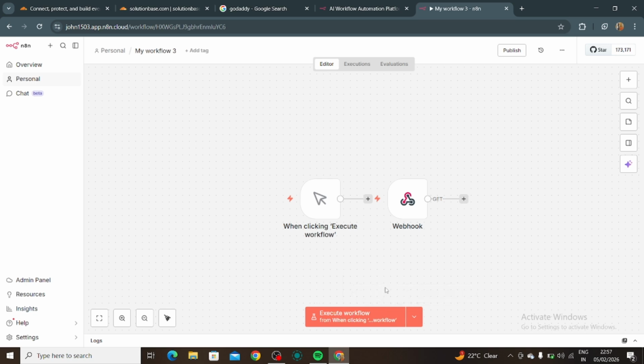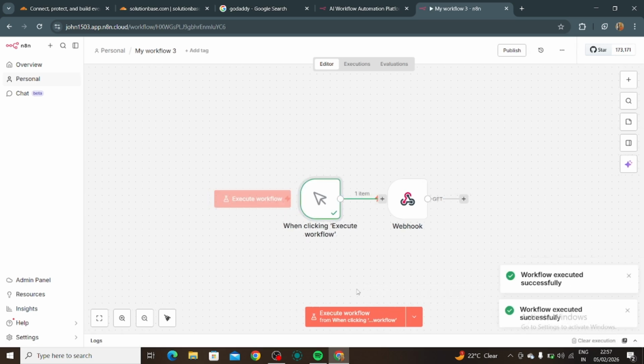And that's it. This is how you can call another workflow in N8n in 2026, step by step, even if